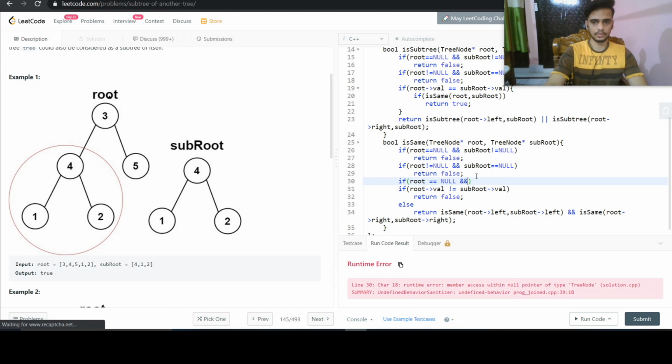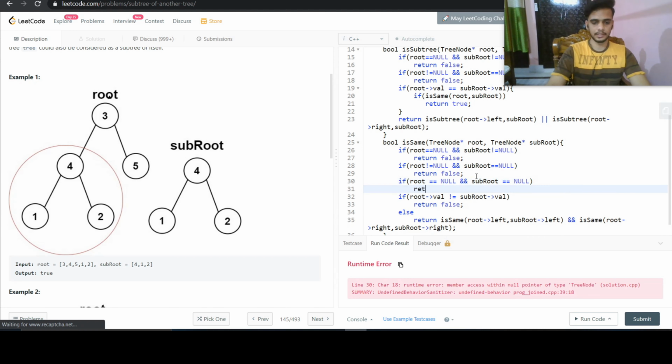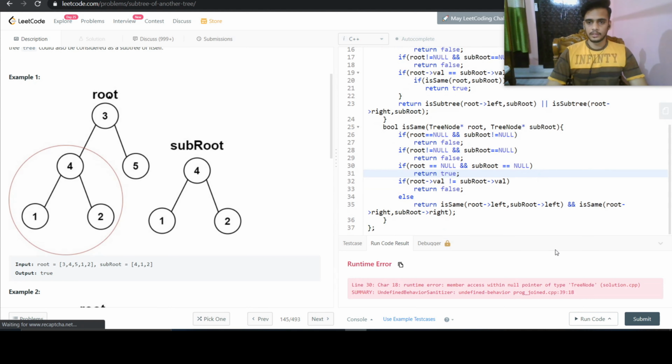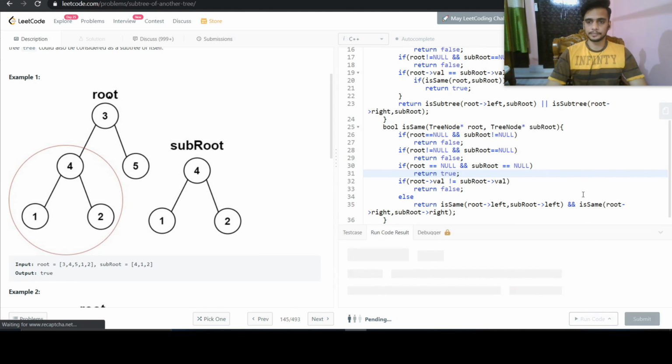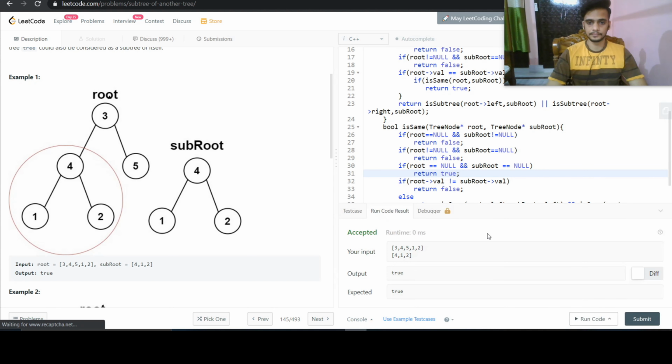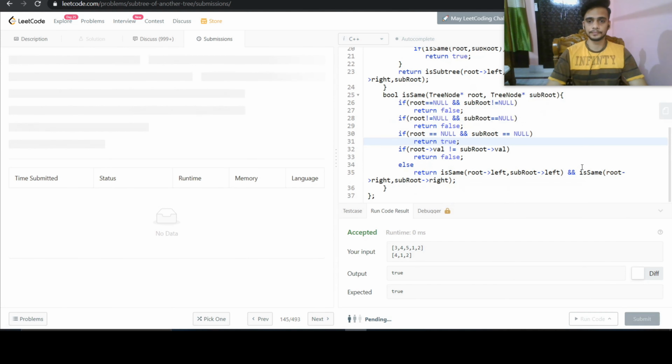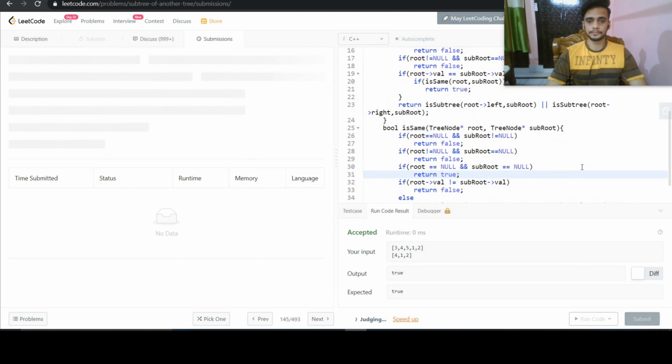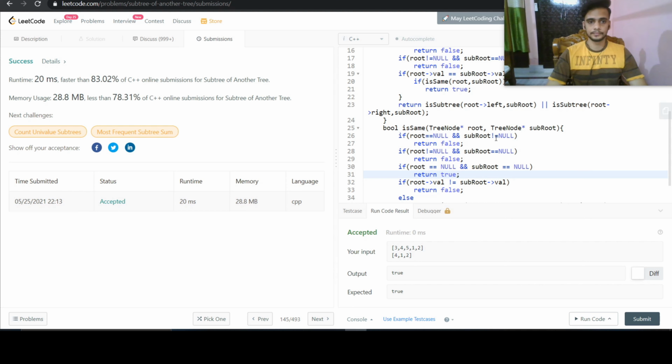So if both of them are null, subroot also becomes null. Then we need to return true. Fine. Let us run again. Let us submit also. So our solution has been accepted.